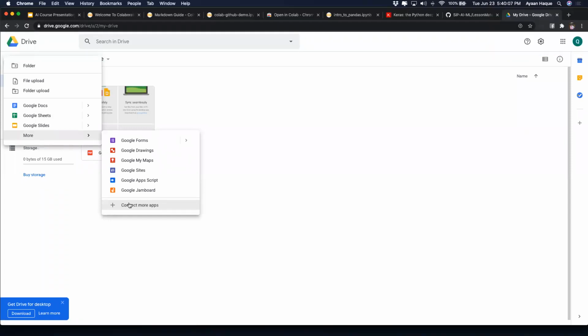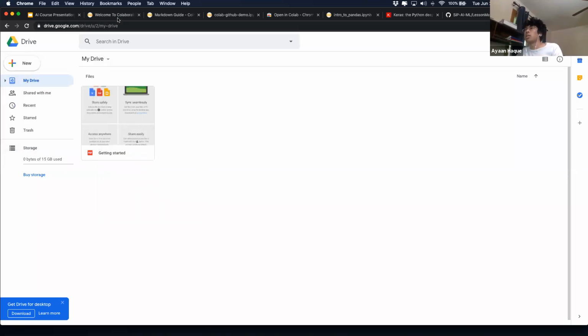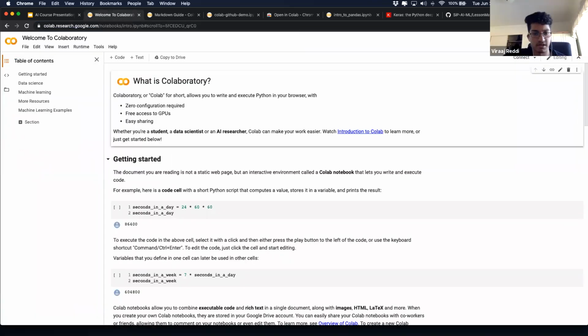Whenever I start it up, it just shows a new line of code. It just doesn't have that intro to Colab thing. Okay, that's fine. As long as you're able to access Colab, that should be good for now. Let me drop the link for you guys. So just go to that, and that should be open.